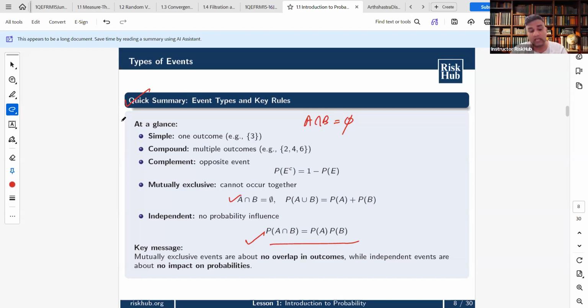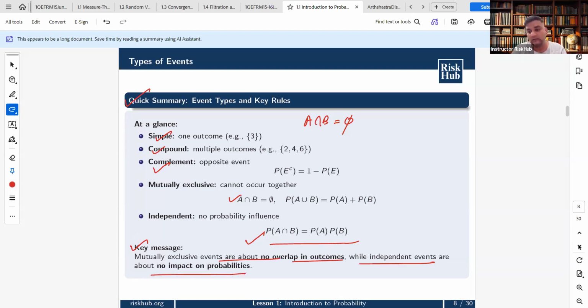that mutually exclusive events are never independent. Why? If A happens, B becomes impossible. Therefore, probabilities are affected, hence dependence exists. Very, very important to understand. Understand the complement, compound, and simple. Key message: mutually exclusive events are about no overlap in your outcomes, while independent events are about no impact on